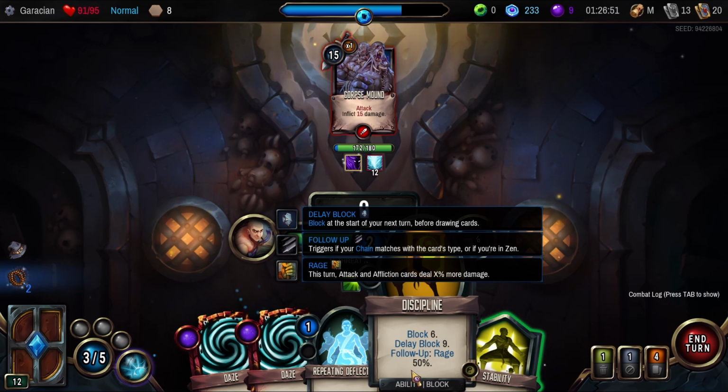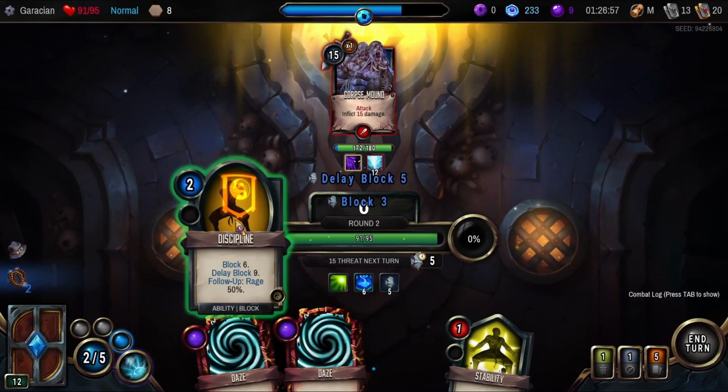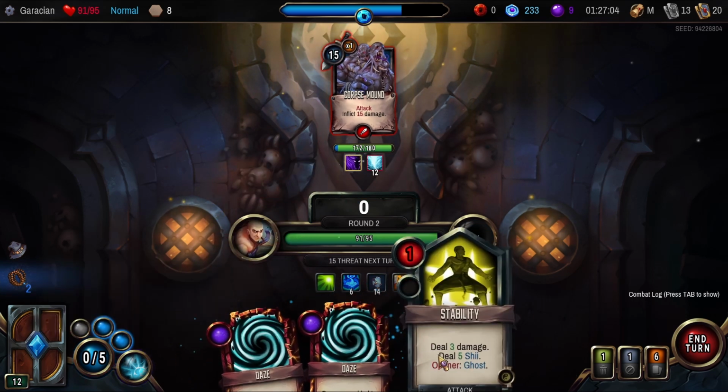So follow up. Block, delay, block. So we really need to play repeating deflection and then discipline and get a delay block of 14 for next turn. That'll block almost all of it. And then